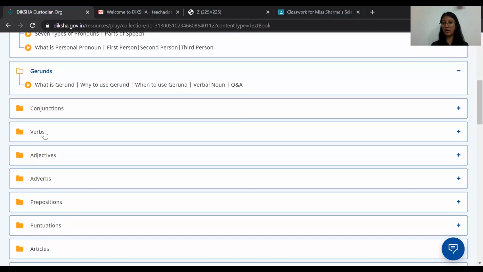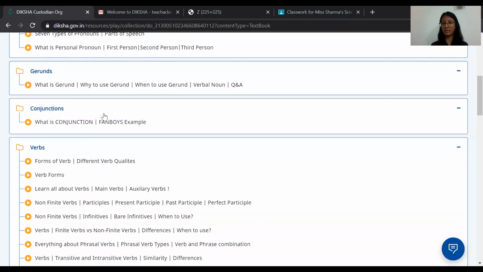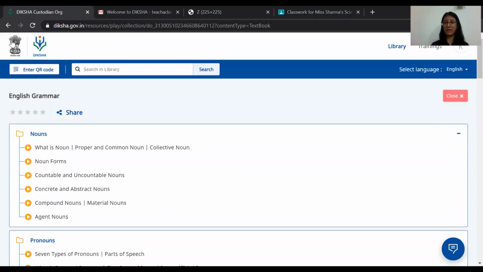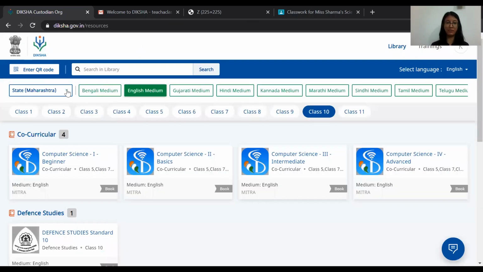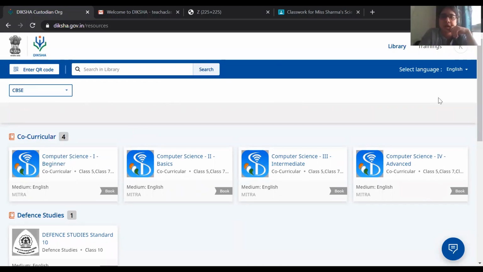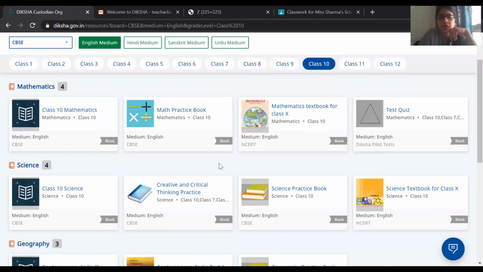I think this also answers Mr. Anil's question about whether we can find videos of the NCERT English subject. If the content is being put up on the platform, then you will be able to find it. Isn't that correct, Kanvi? Yes. If you go to CBSE, the filter is there. Over here you can find content from NCERT also, relevant to that board.